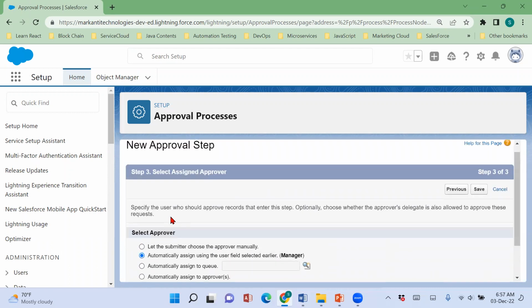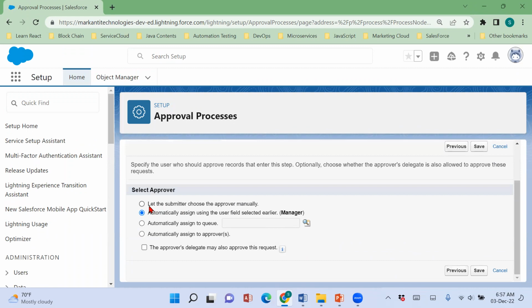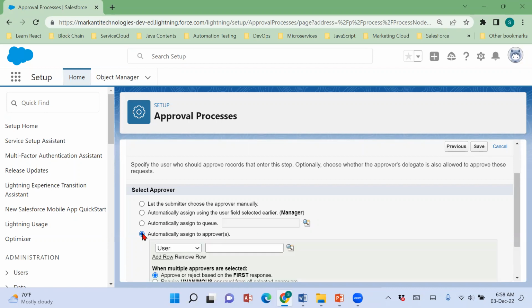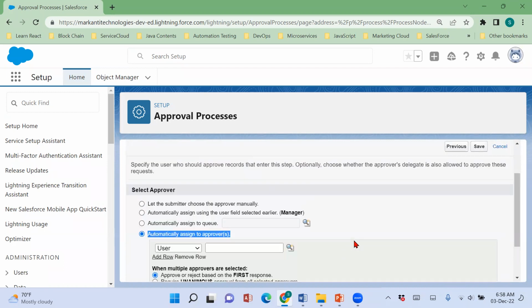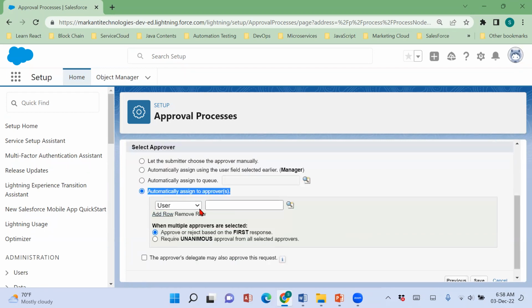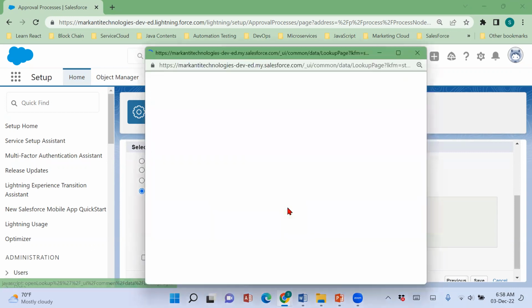Who is the approver? Assign approver, step 3 of 3. Let the submitter choose the approver manually. No, I don't want to choose that. Automatically assign this user field selected earlier, manager. Automatically assign to a queue. Automatically assign to the approver. Now here, what I'm going to select is automatically assign to the approvers, users, user,